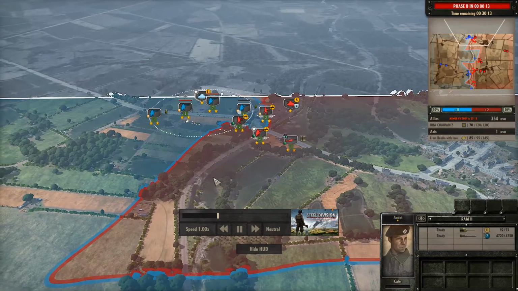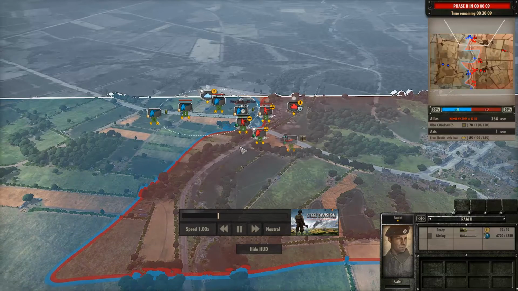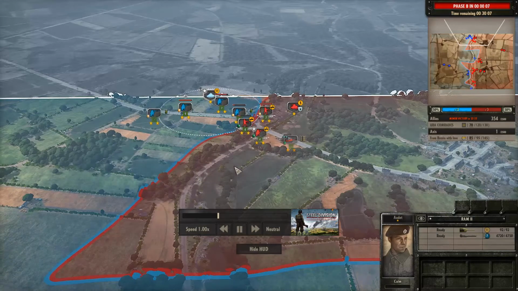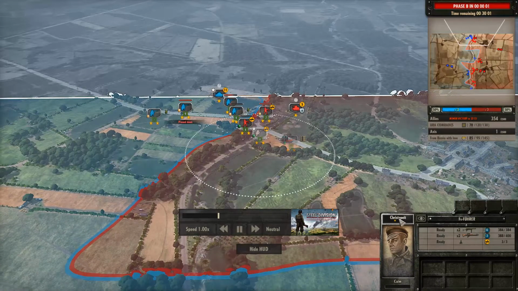Now, this Ram 2, if he is used excellently, which is to say, if he's not pushed up to the front lines, he can devastate everything. But as of right now, he's pushing very, very far forwards here. Fallschirmjäger 4 with the FG42. It's a beautiful, beautiful piece. Very well machined. Ram 2 blows up the L6, though,